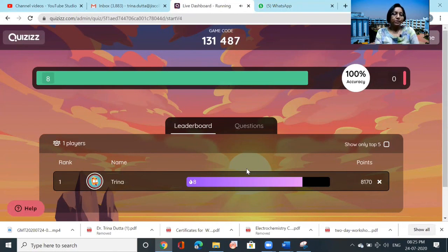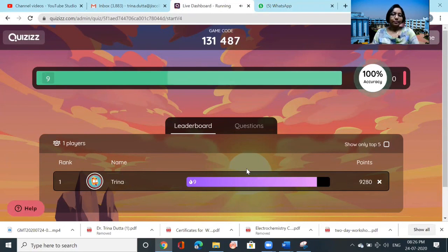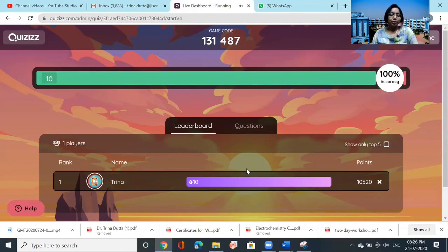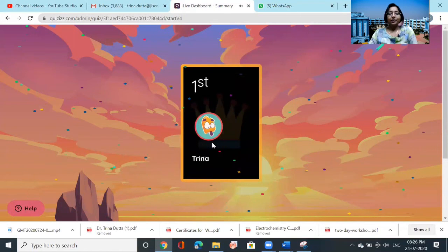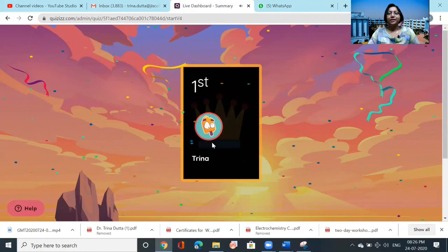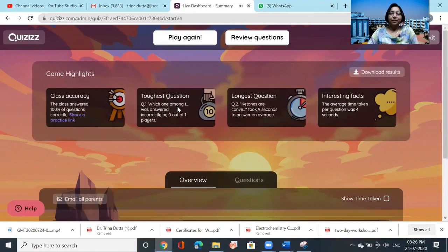Okay, so it is almost done. This is question number 9. Also in this game, you can see who is first, who is second, and who is third. So it will show the result. Basically, it is like a quiz competition, and the game is very enjoyable. Now the game has ended, and as there is only one player, there is nothing to do. Okay, so I am the first.